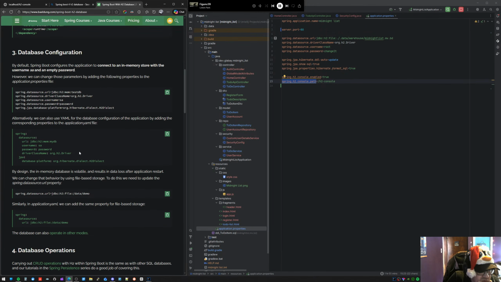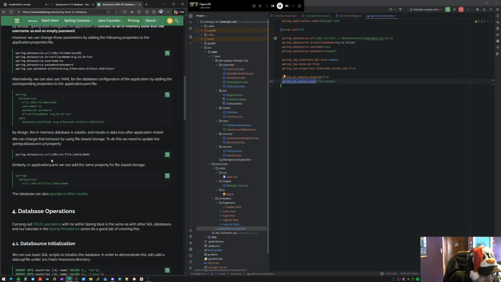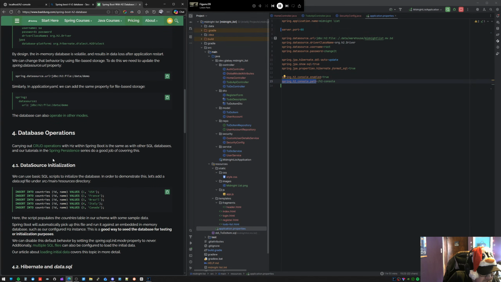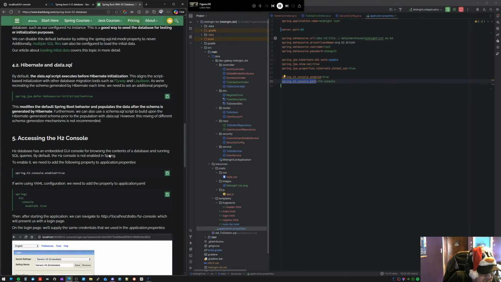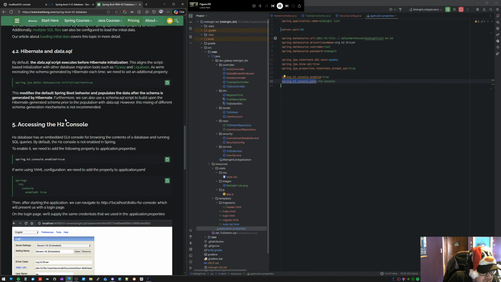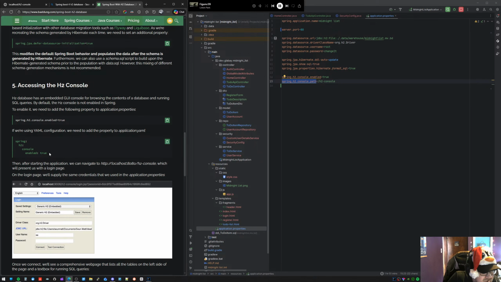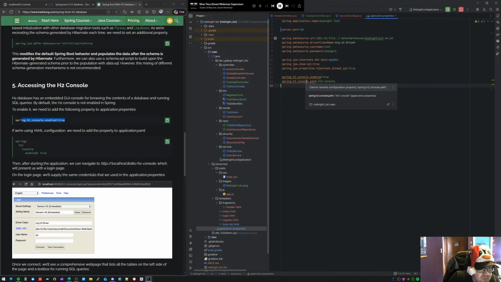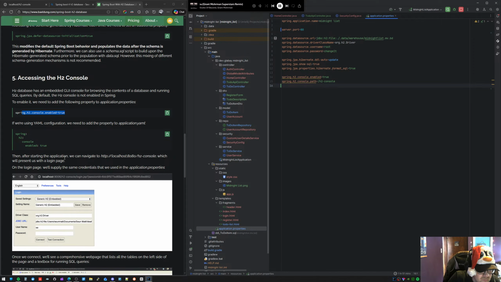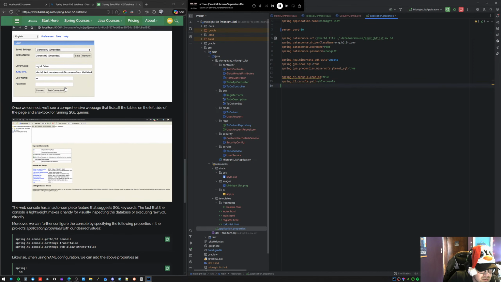Yeah, yeah, yeah. Where is my? Yeah, that's not telling me about my H2 console enabled. This can't be for Spring 4 because I have that Spring H2 console path, H2 console enabled. I got both of those. I should be able to go to this